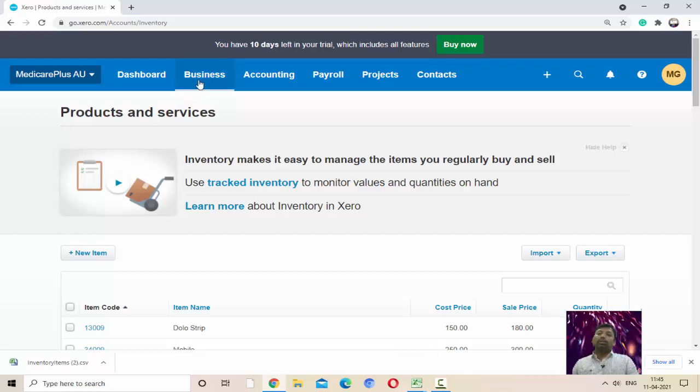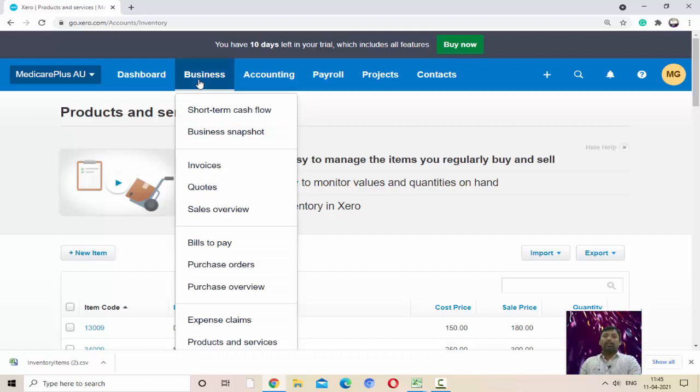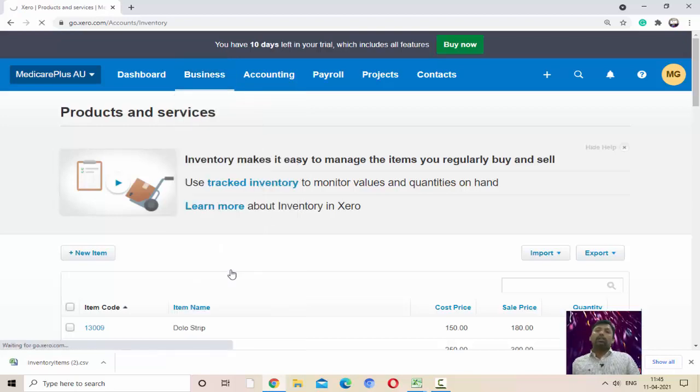After that, we will purchase the goods, the items and products created by us, in this Xero software. To purchase the goods, first of all, we will send the order to the supplier. We will use this option, purchase order, if we want to send a purchase order. If we want to purchase directly from the supplier without a purchase order, then you can directly enter the purchase detail in this bill to pay option. If we want to purchase from the supplier by purchase order, first enter the goods in the purchase order.